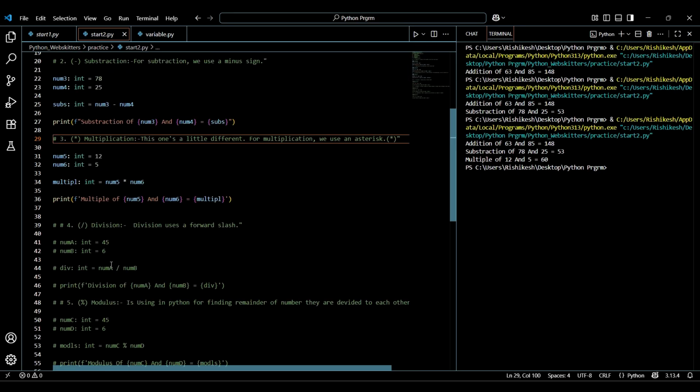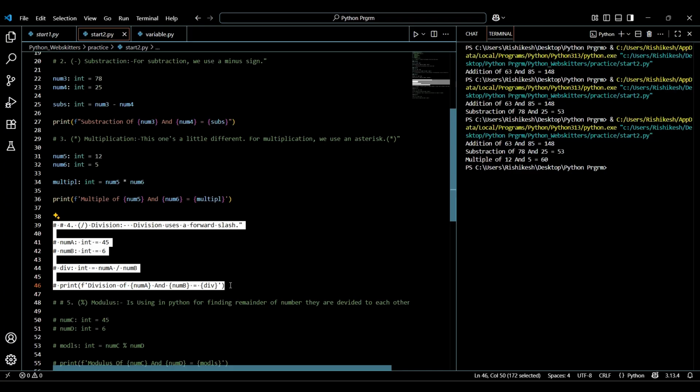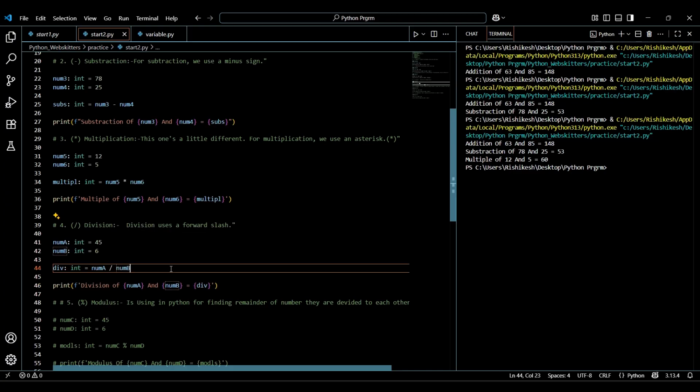Let's move to the next operator, called division. Uncomment this line and see what happens. Division uses the forward slash. Suppose I have variable num a that is 45 and num b that is 6, and we create another variable called div.